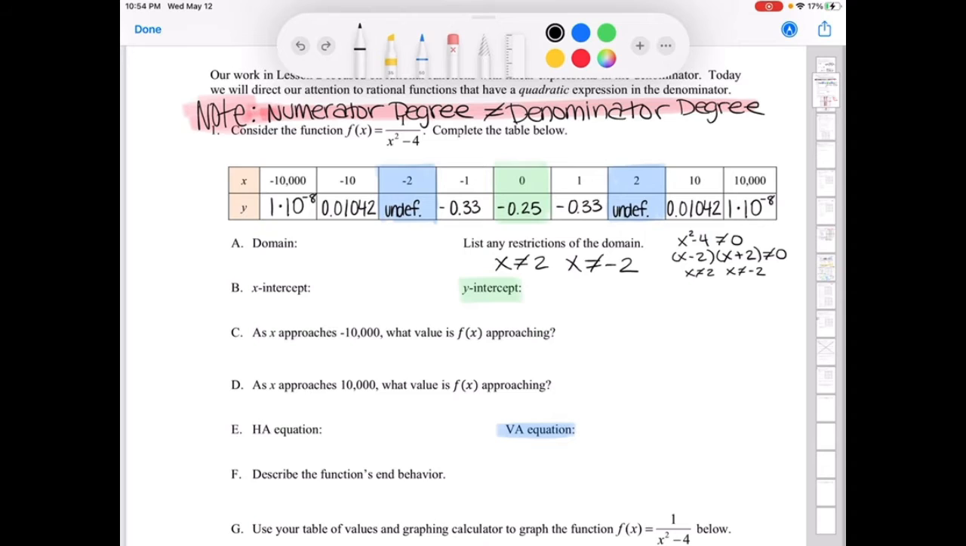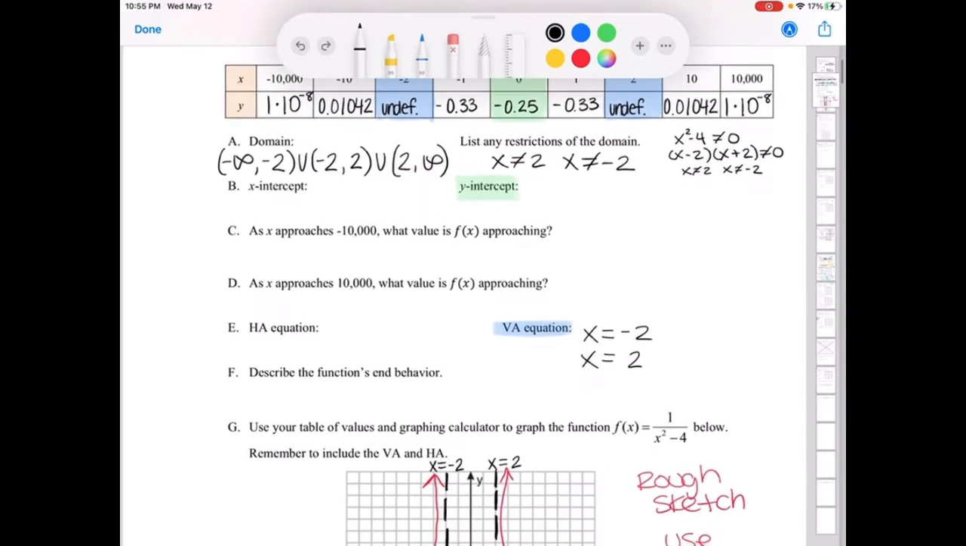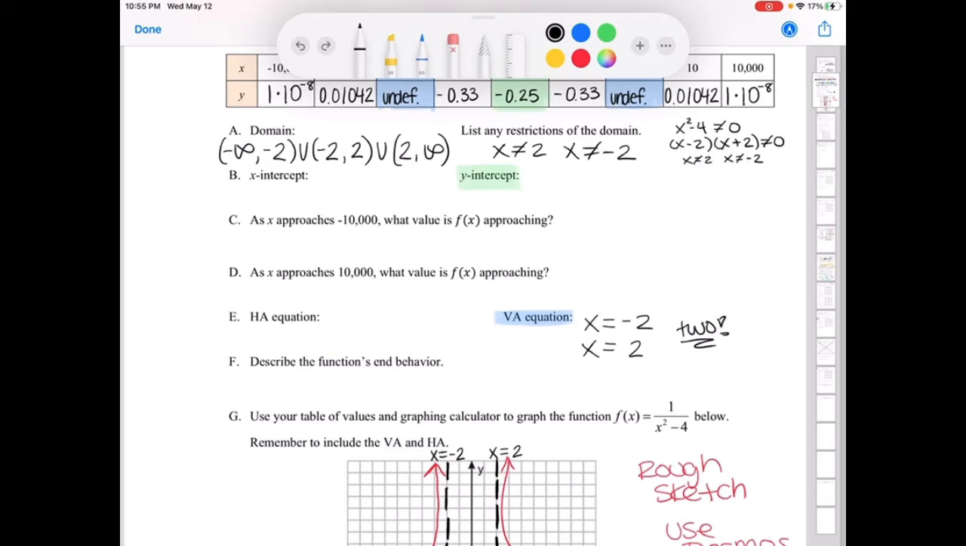That is going to give me my domain, which is going to tell me that negative infinity to negative 2, union negative 2 to 2, union 2 to infinity is my domain because it includes absolutely every value of x except for the values 2 and negative 2. So that's actually also going to give us our vertical asymptotes and there is 2 because we have 2 values that x cannot be because those 2 values will give me undefined